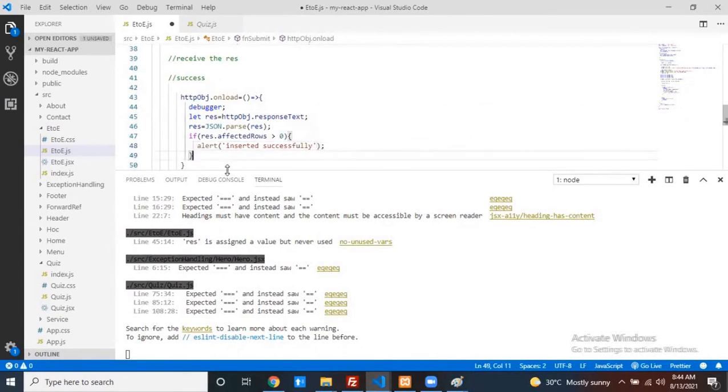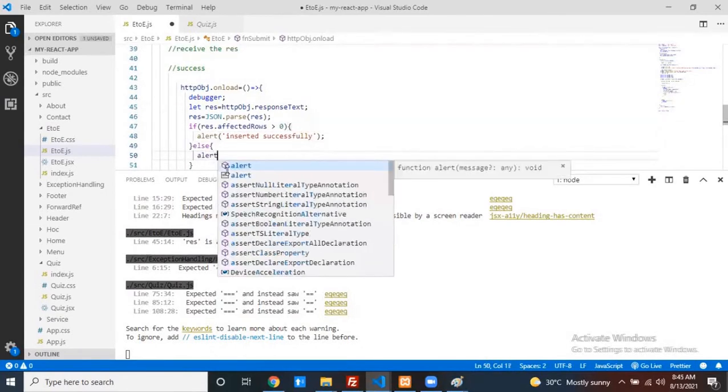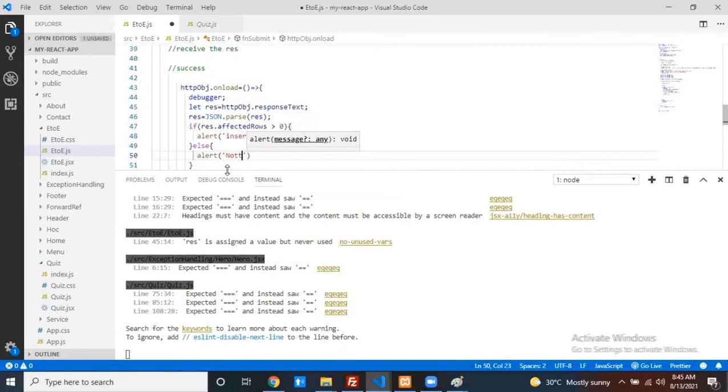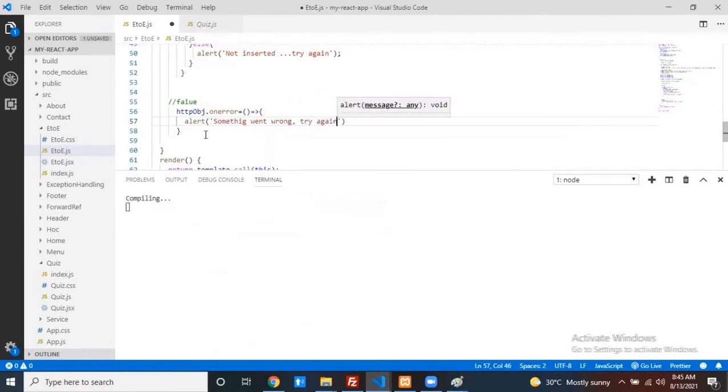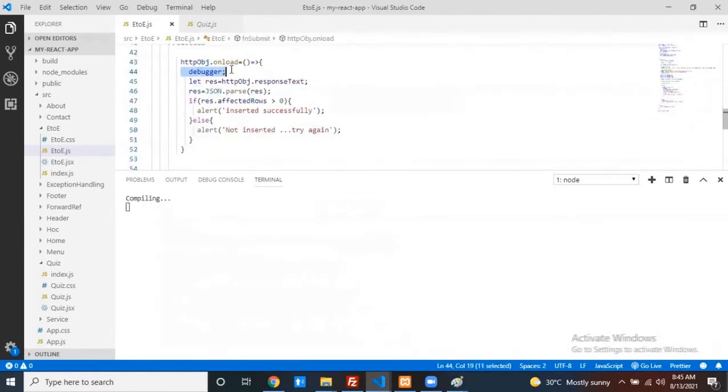Else alert not inserted. If it is a failure, then also you have to give one message, like something went wrong. These are all of your messages.